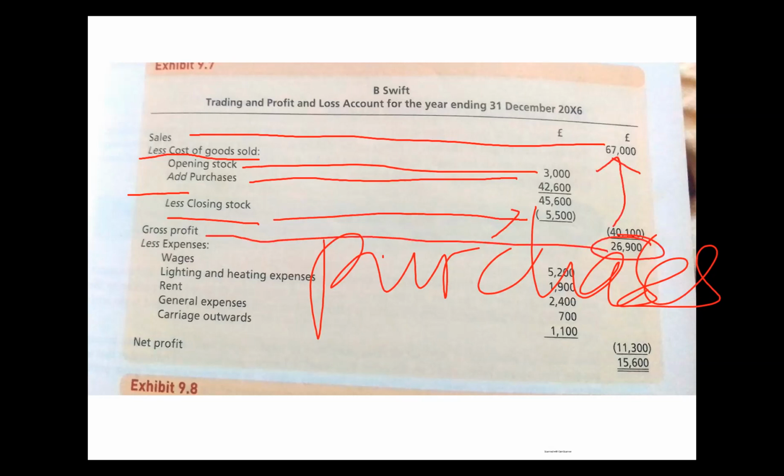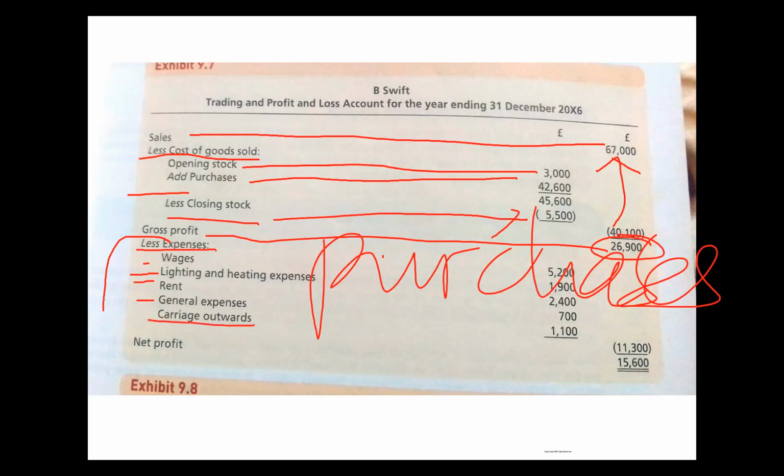If you have other income, you will add them here. Since we don't have other income, we'll go direct to removing expenses. We'll subtract all the expenses. In this respect, we have the wages, lighting, rent, general expenses, sundry expenses, and